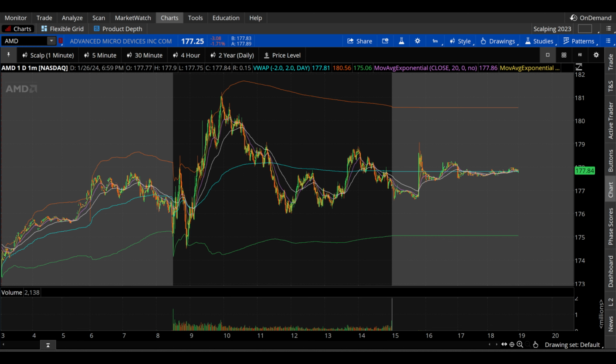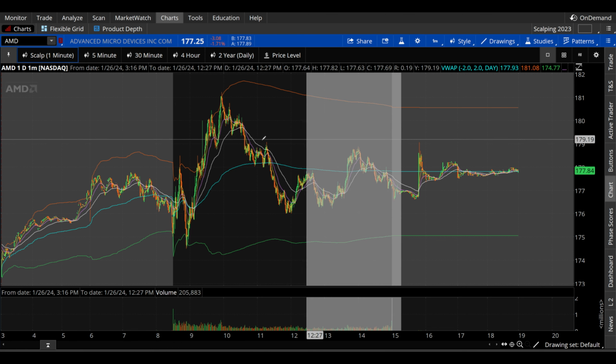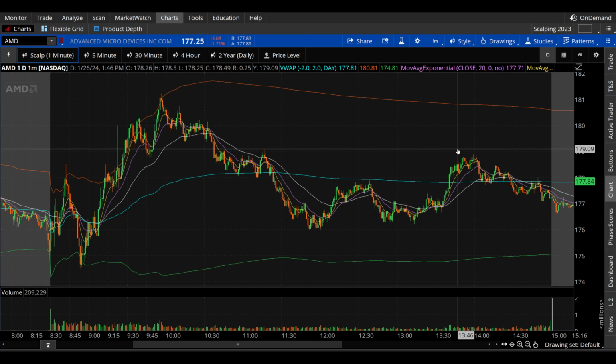Today we're taking a look at Advanced Micro Devices, ticker symbol AMD, on a variety of time frames in anticipation of the next trading day, Monday, January 29th. AMD finished the day on Friday down about 3 points, 1.71%. Now, as far as 1-minute chart intraday trade opportunities from Friday, not a lot jumping out to me